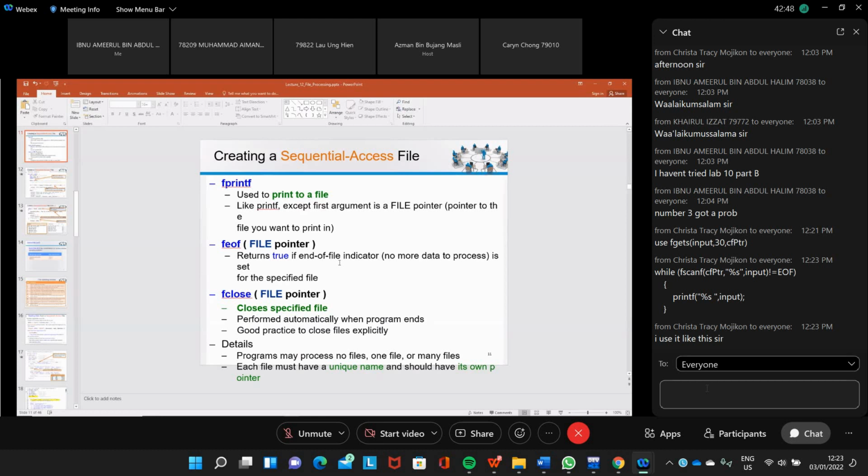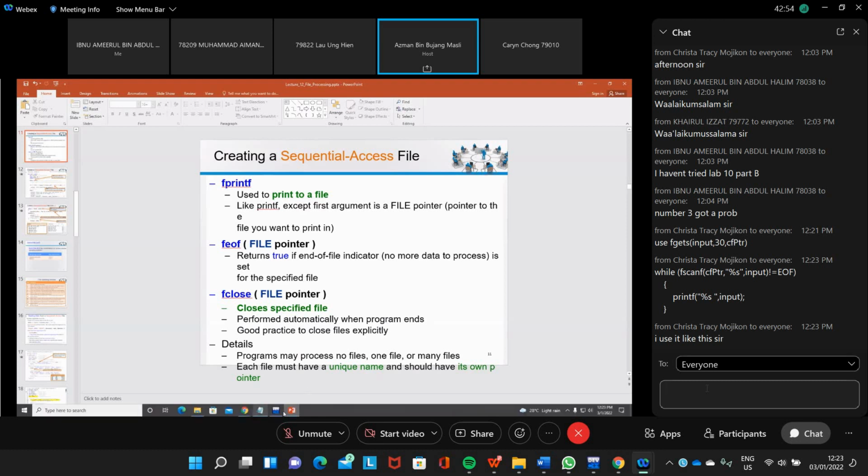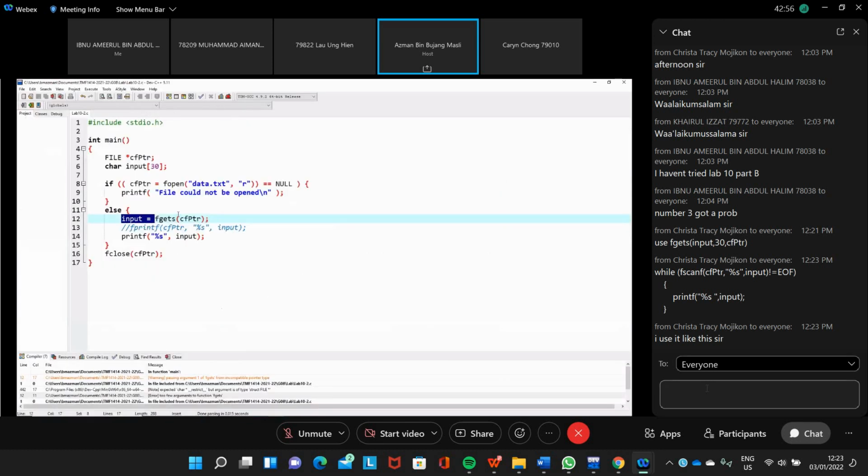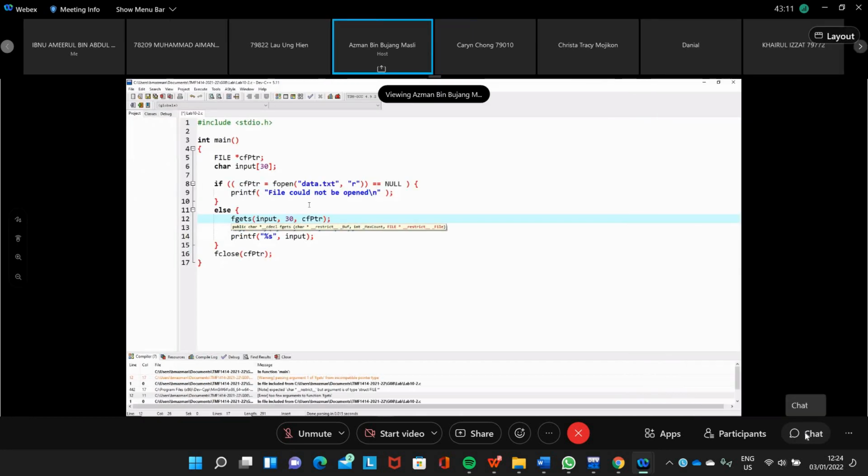Yeah, you need to specify the size. You need to specify the size in fgets. So for fgets, you need to specify the input, which is your variable, and then you need to specify the size, and then the pointer to the file. Okay, fgets.